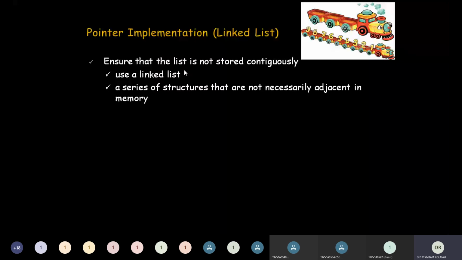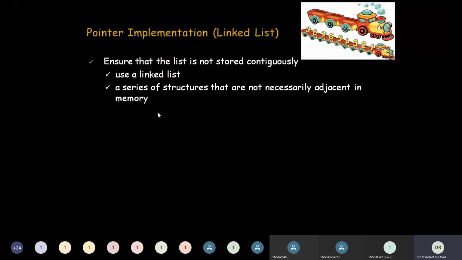The first node will contain the address of the second node. The second node need not be present in the contiguous memory locations of the first node. It may be somewhere in the 10th memory location. But as long as you keep the address of the 10th location in the first location, that's enough. If you follow those links, you will get the actual required list. So that is the advantage here. There is no question of compaction here.